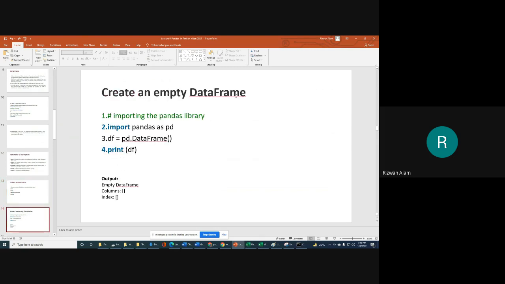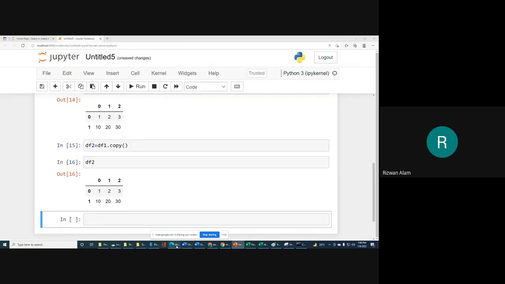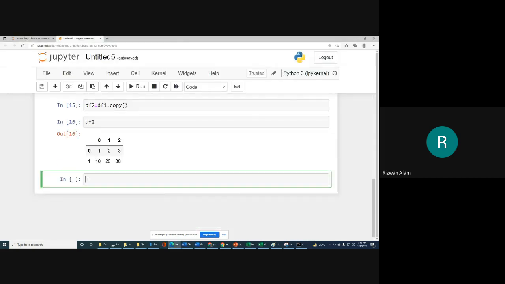If you want to create an empty data frame, you don't need to provide anything to the DataFrame method. If you are not going to provide anything as an argument, it will create an empty data frame. Let me show you how we can create an empty data frame. Like df3, we will write pd.DataFrame and not provide anything. If you provide any array, list, dictionary or series, that will be used for creating the data frame. If you do not provide anything as an argument, it will be an empty data frame. So df3 will be an empty data frame.